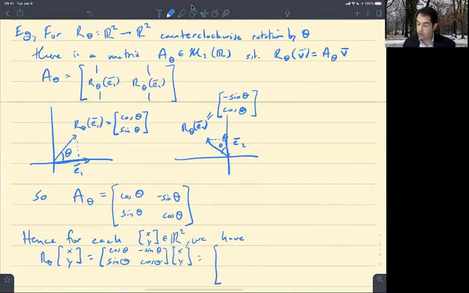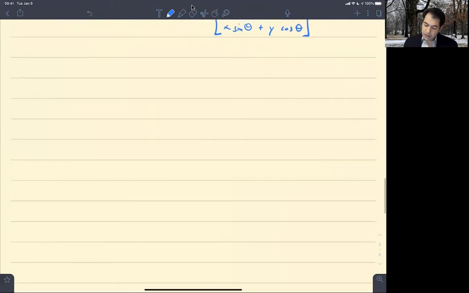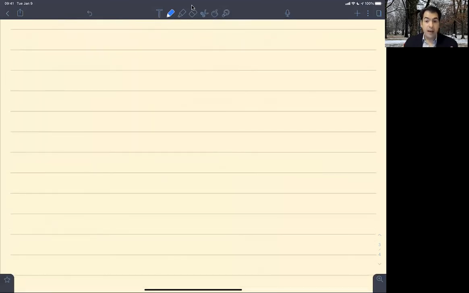And if you do that, you end up with coordinates x cosine theta minus y sine theta, and then the other coordinate is x sine theta plus y cosine theta. Okay, excellent. So that's an example of starting with a linear map, find the matrix associated to it. Okay, so we've seen that every linear map between Fn and Fm is given by multiplication by a matrix